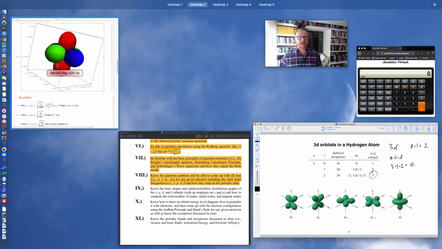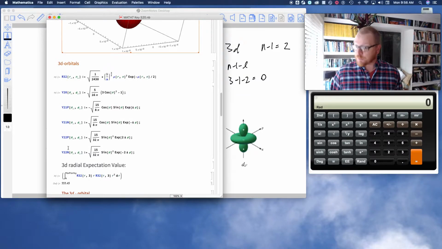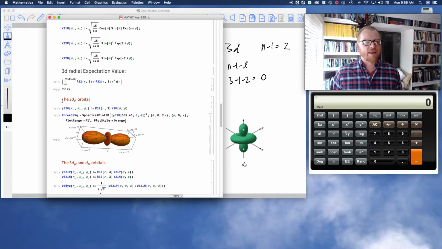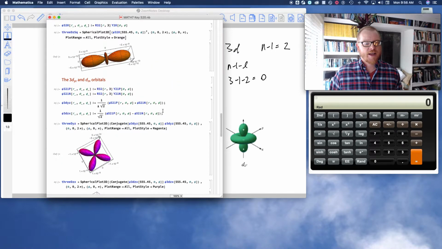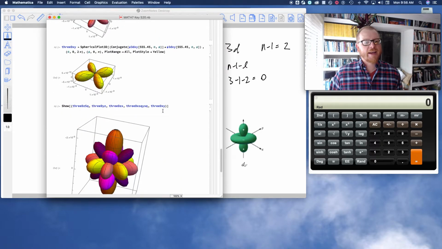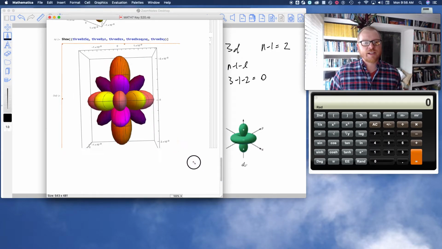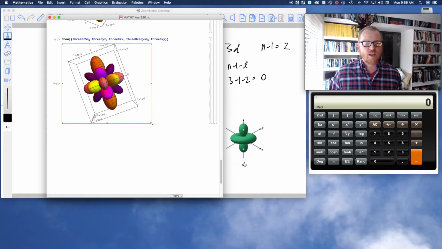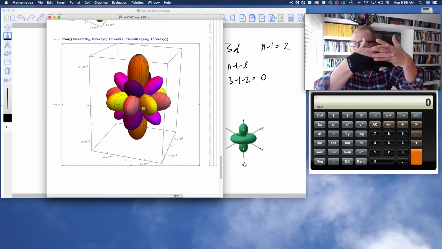So on my Mathematica calculation here, the equations get more complicated the more complicated the orbitals get. And so here is that 3dz squared, and this is pretty cool. I can kind of move it around in this Mathematica calculation. And so here are the other 4 3D orbitals. I can put them all together, and when you put them all together, it's pretty cool, right? They actually all fit together, each of those lobes, as crazy as it looks,